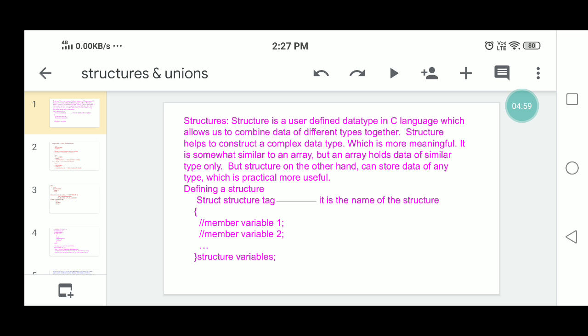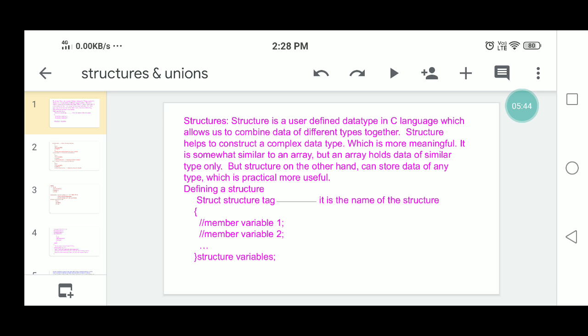We define a structure using different member variables. First of all define the structure, then declare the structure, initialize the members of the structure, and access the members of the structure. Coming to defining the structure, here we are using the keyword struct. So here is an example of how to define the structure. We use the keyword struct, then the structure tag, which is the name of the structure. Inside the braces we have to declare the members, data members or data variables.